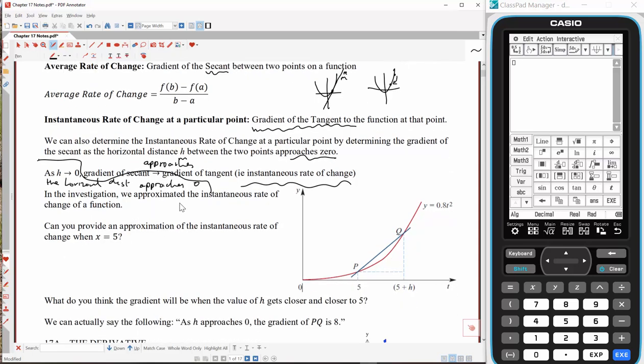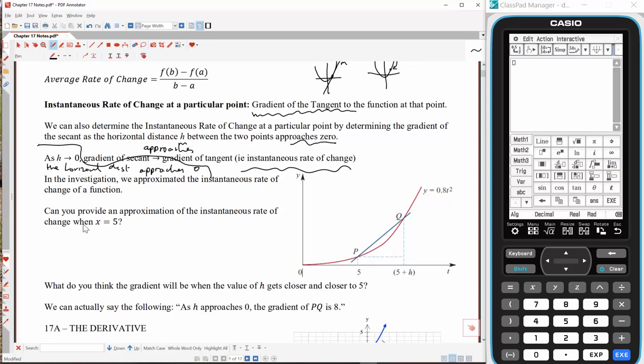So in the investigation, we approximated the instantaneous rate of change of a function. What we'll do is approximate this one here at x equals 5. All right, so we've got x equal to 5 on the function, and there's another point Q here, which is 5 plus h units away from it, i.e. I don't really know how far. So what we could do is just work out the average rate